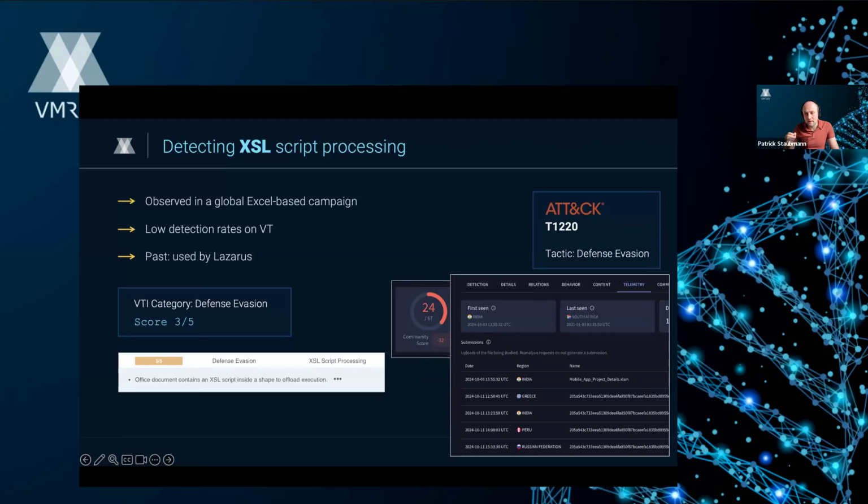During processing of all those XML files that describe the document, threat actors found a way to abuse this XSL processing to execute script that they can define inside such an XML file. The interesting thing here is that this happens while opening the document. There's usually not much user interaction needed, but as soon as you open the document and all of those files are getting processed, they can gain code execution via this specific technique.